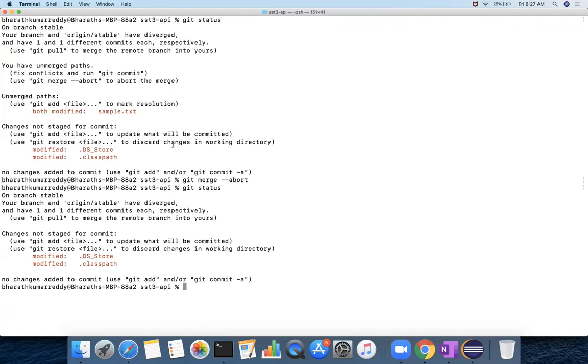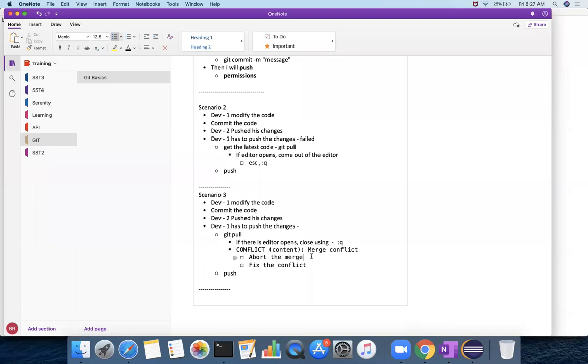Then git status will give you this one. Okay, so now there is one change, it is not committed, and the branch has diverged. So now you can do some other changes. This is git merge --abort.